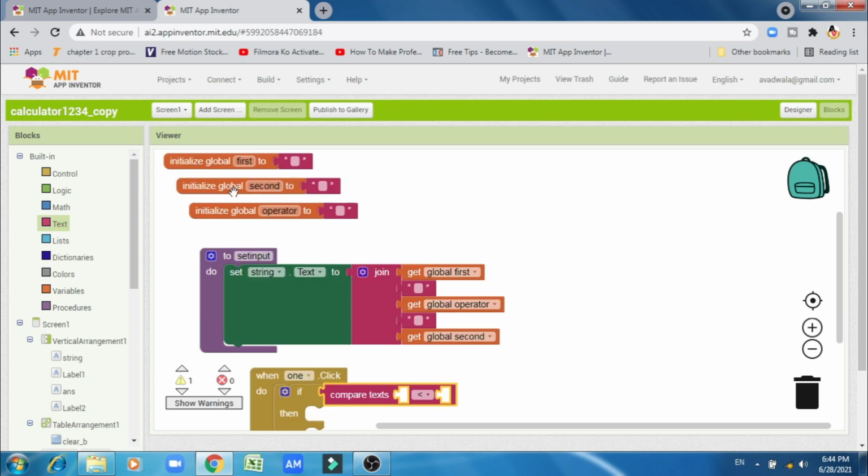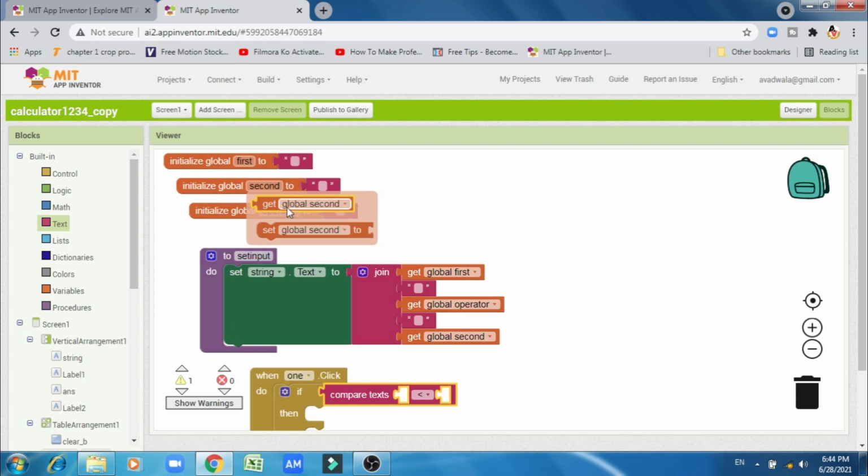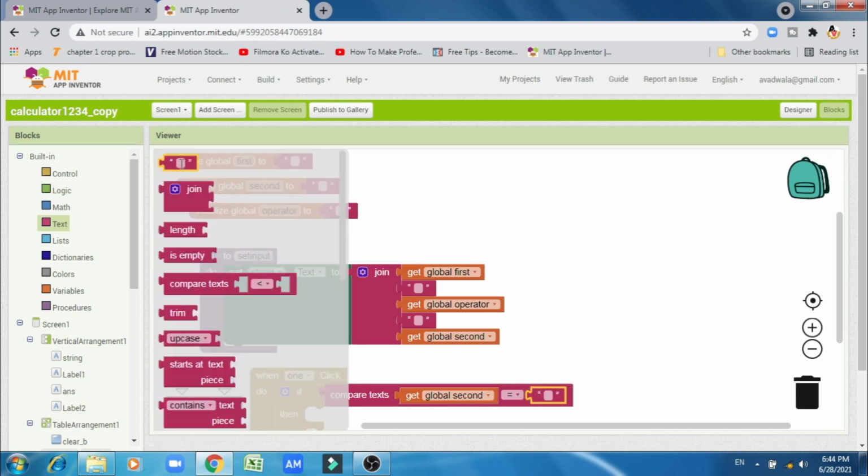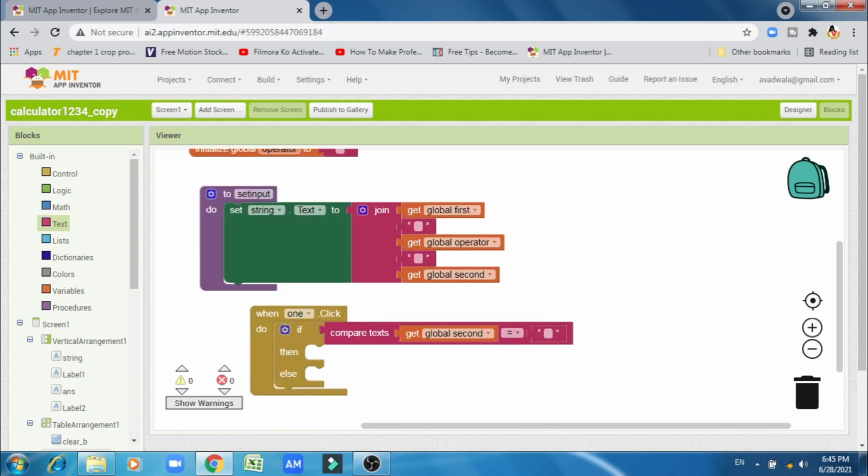Here again we have to go global, get global operator is equal to, and again we have to make a duplicate of it and use it here. You can use that empty box from here also. Then if compare text global operator is equal to empty, then